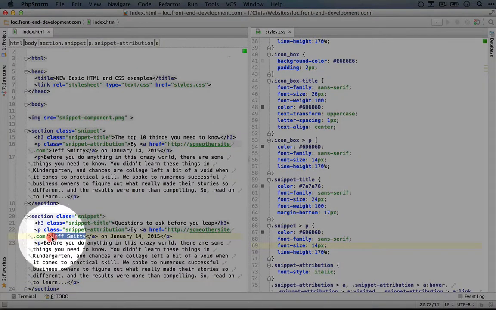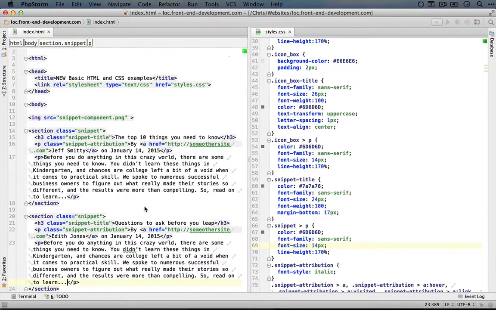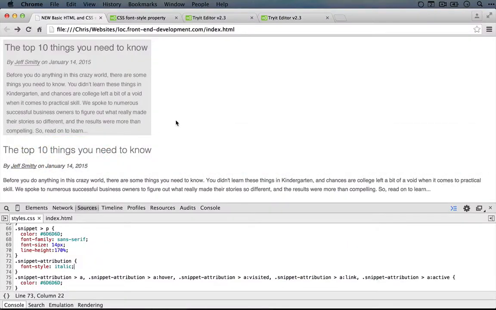We'll change the name, and it looks like the text is identical. So we'll leave that. Let's save this, go back to the browser and refresh. Okay,